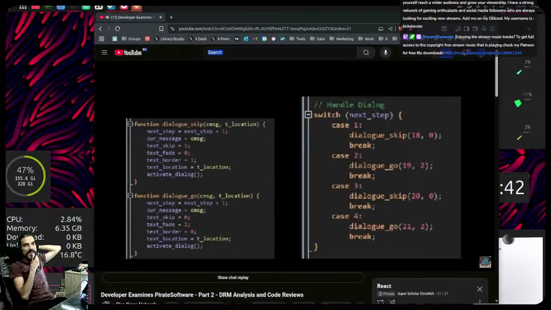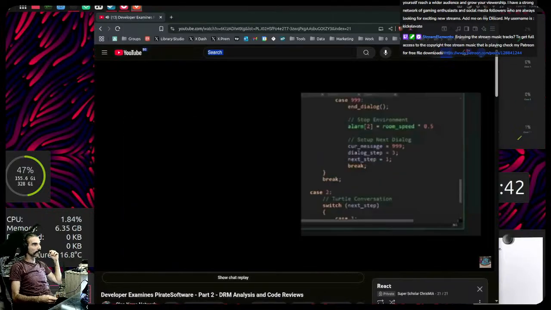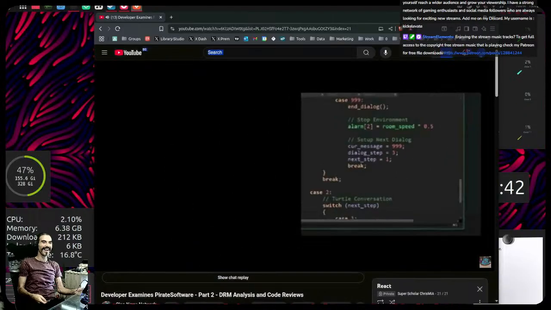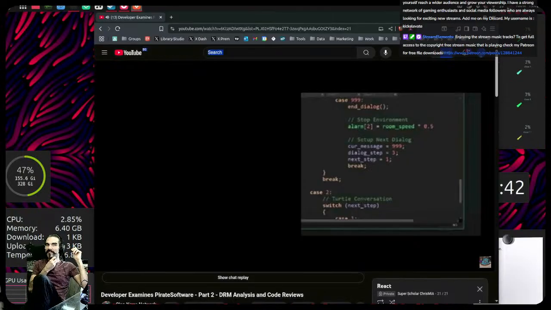cutscenes and dialogue scripts. Now, how do we improve the 1000 switch case? Well, I thought about this for a while, and I think the fastest way to improve it is we take it and we throw it in the trash and never look at it again. I generally thought about this for quite a while. There's essentially no improving the structure. For most of these code reviews, I tried to never recommend anything too far removed from the current state of things, but this is generally such horrifically architected code, there's basically no real way to improve it without a complete rewrite of things.